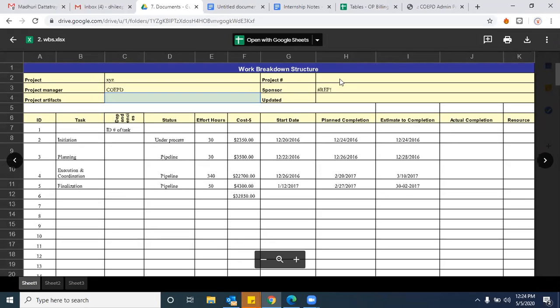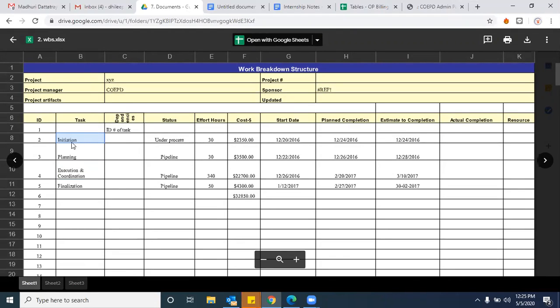And the sponsor name also you need to mention here, because the sponsor is very, very important, because the sponsor will be checking this particular work breakdown structure. He'll not follow actual requirements, all these things. The sponsor will see when the initiation should start and when that should be completed, whether it is completed as per the plan or not. Because he should provide the funds. See, even costs also have been there, right? He should provide the funds so that he should pool in the funds for the next phase, for the planning, for the execution, all these things. Am I clear? Karthik and Ritika, am I clear? Yeah, Dilip.